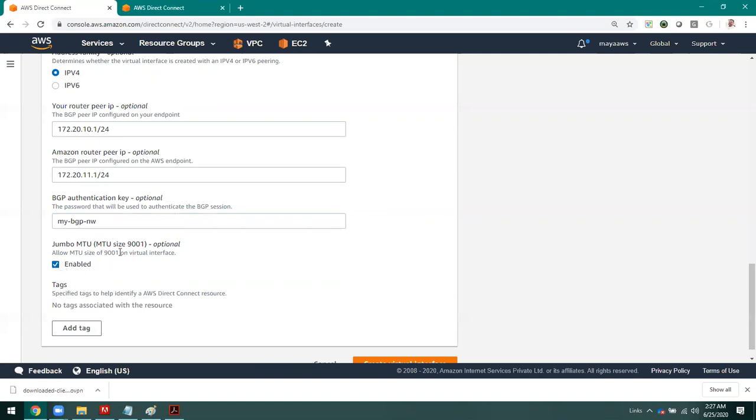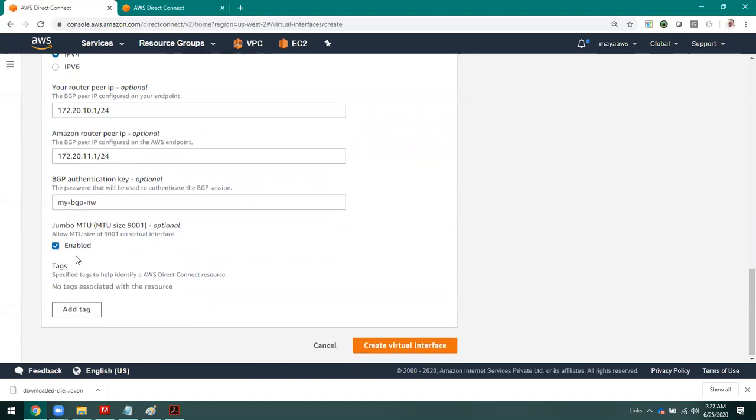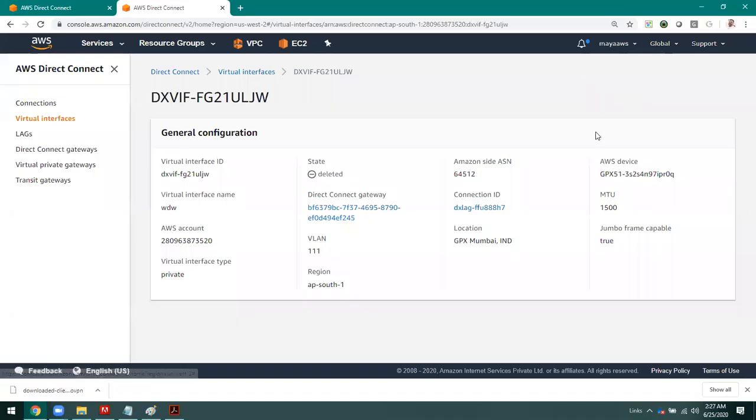You can go with the higher packet size range. Okay. Then let us click on create virtual interface. Once you create a virtual interface for the private connection, it will appear like this.